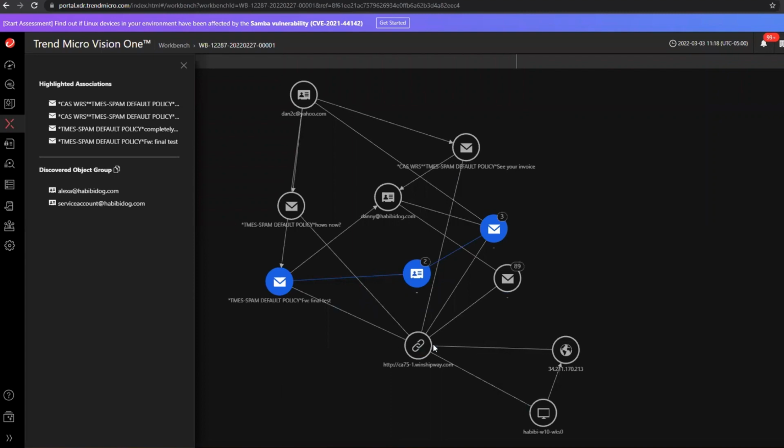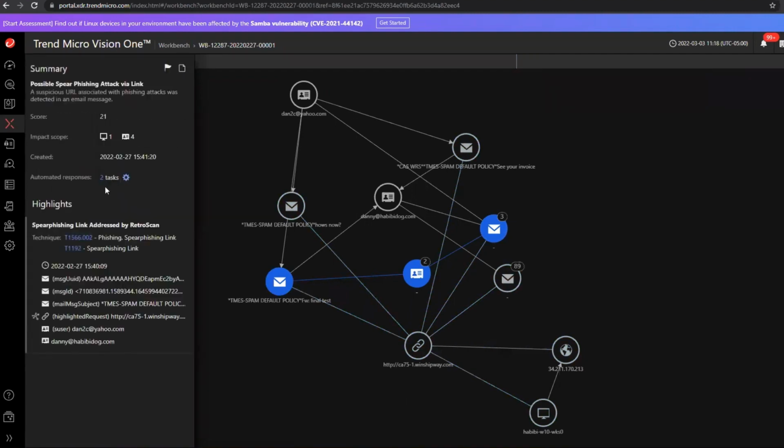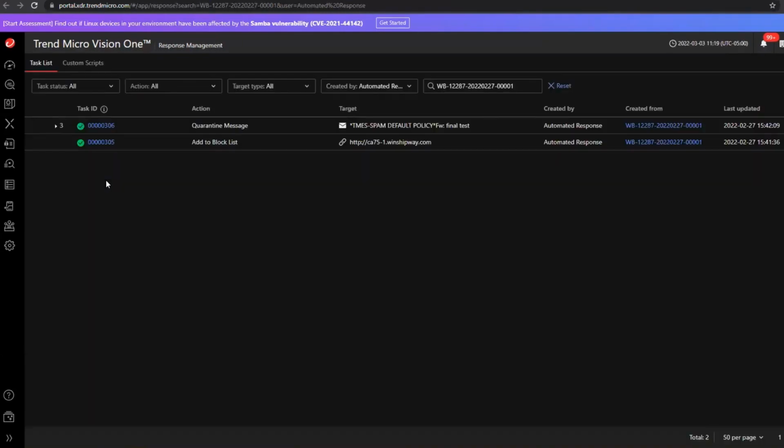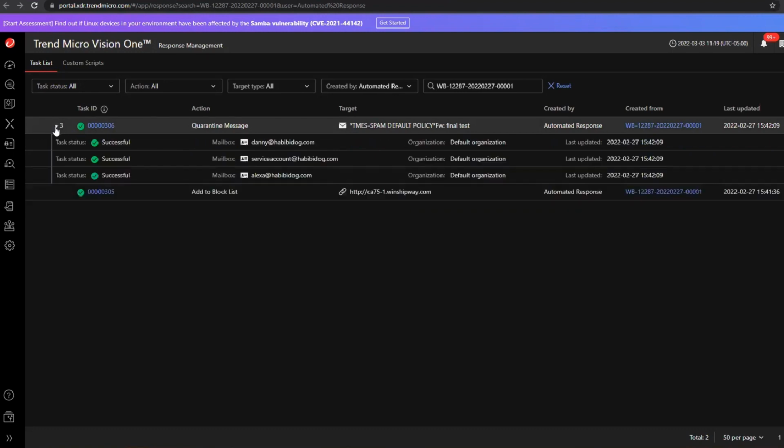But we're looking at the incident as a whole and the automated response tasks that were created for us. So I've already investigated the URL. I understand it's a suspicious object to be added to my block list. Okay, so I understand the story here from a high level. Let me jump back to the automated response here and see what exactly was done. Just like we saw in the workbench, our email sensor, our cloud app security solution, for those that are familiar, did identify that malicious piece of mail in 3 mailboxes in my environment, and under fully automated response,